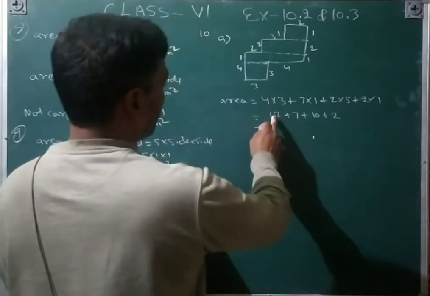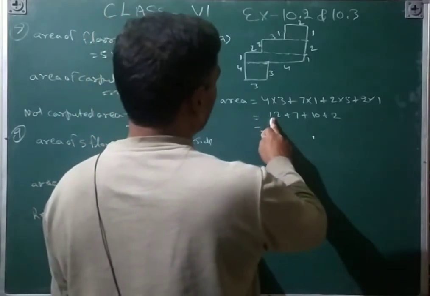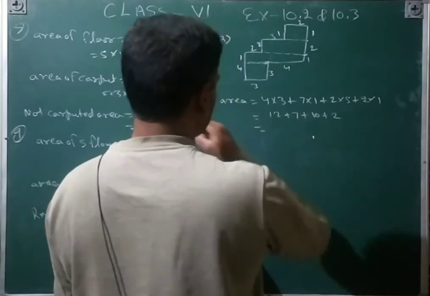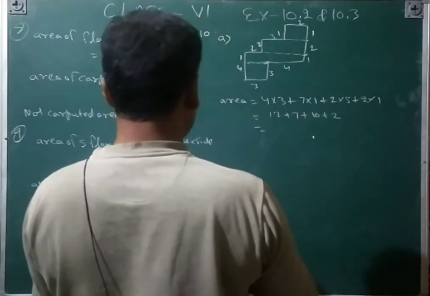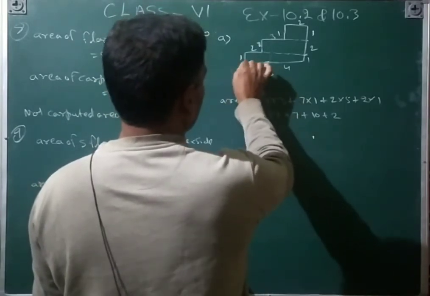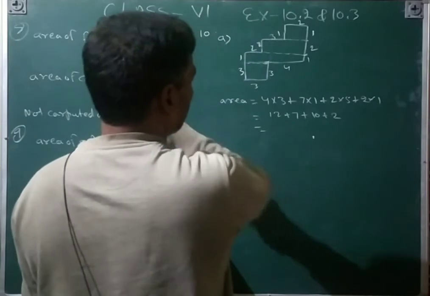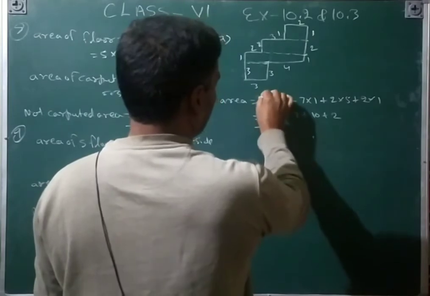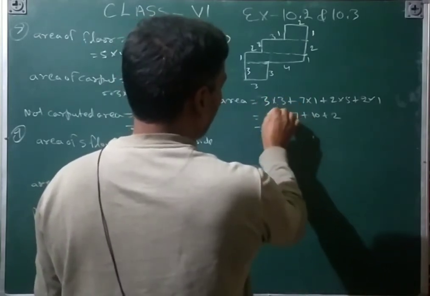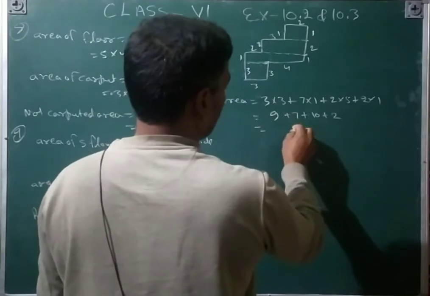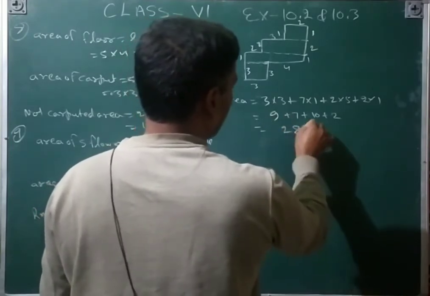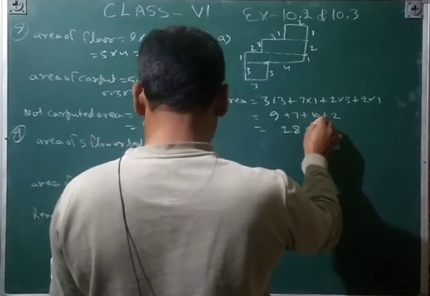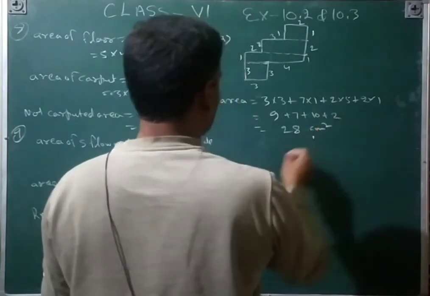This will be 4 into 3, that will be 12, 4 plus 3, 7. Oh, that will not be this one, this will be 3, because 1 is deducted from here. This is 4 total, but this is 3, so 3 into 3 will be 9. So 9 plus 11 is 18, that is 2 meter... centimeter is given there, centimeter square.